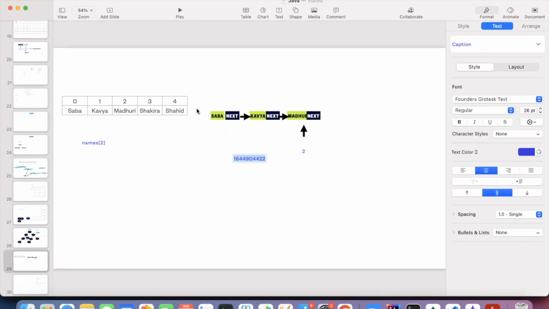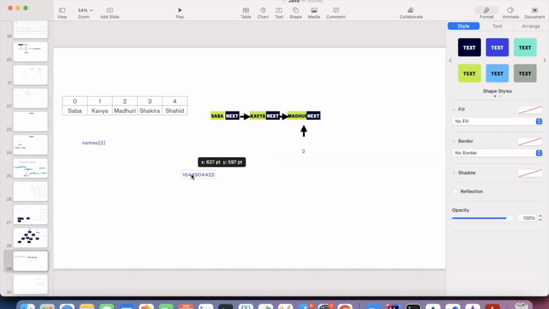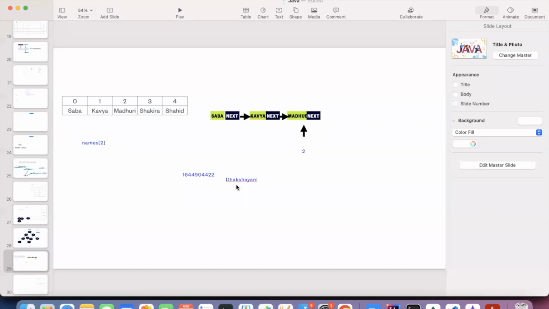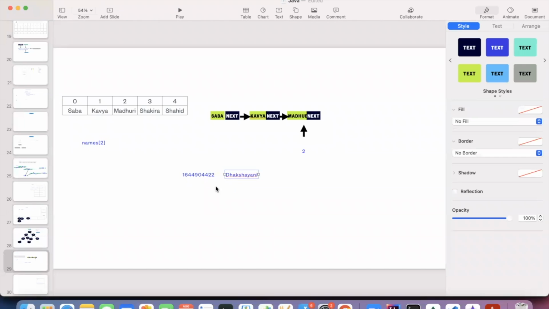So this ID represents Dakshayani. If I want to store with an index-based, roll number approach, I need to have these many